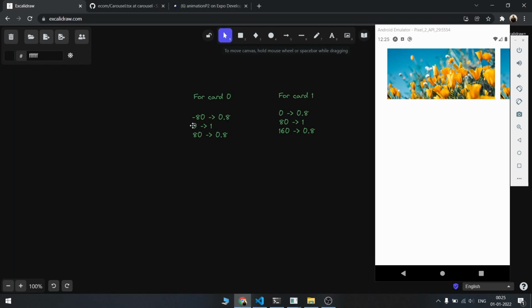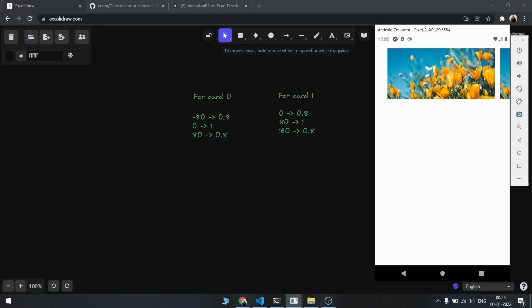So we move on to the second part, which is index into card length. So it is 0, so 0 into card length will be 0, and if the scrollX is at 0, then we want our output to be 1, right? Because for card 0, if we are at scrollX equal to 0, that is, we are in phase 1, our card will be at full height, so that's why the output is 1.